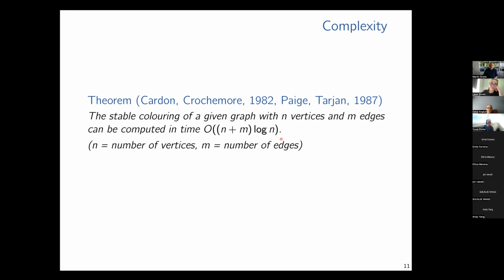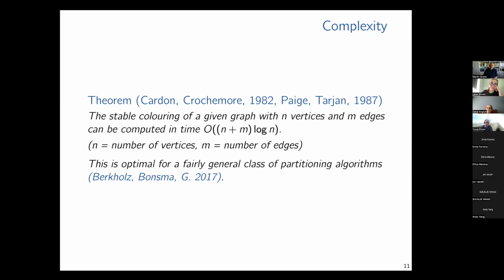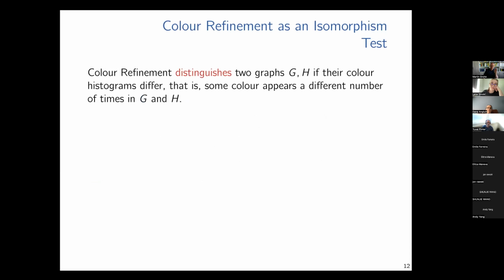We were wondering a while ago if we can get rid of it. It seems we can't. We cannot prove this absolutely, but for a fairly large class of algorithmic strategies that includes all attempts people have made to compute this stable color. So this is why it's a really useful algorithm. It has other applications, but we want to relate it to graph neural networks. Before I do that, let me just explain how it's used as an isomorphism test.